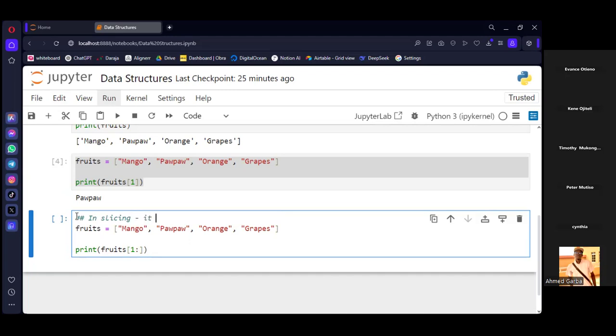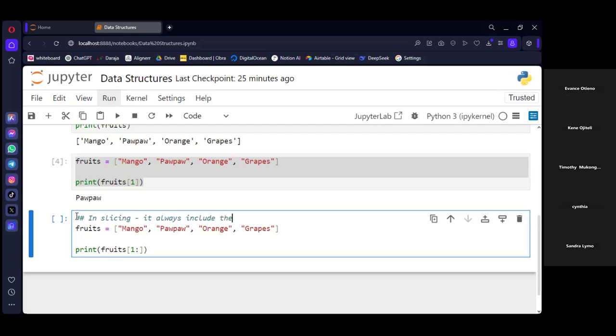Slicing, it always includes the starting index, and then the last index, you subtract 1.